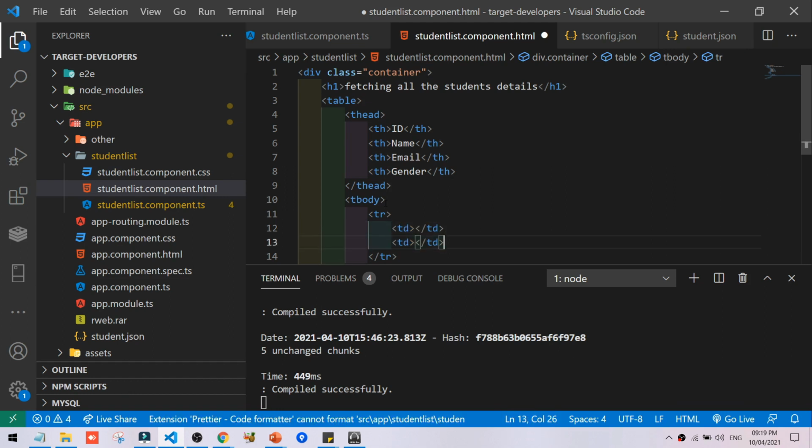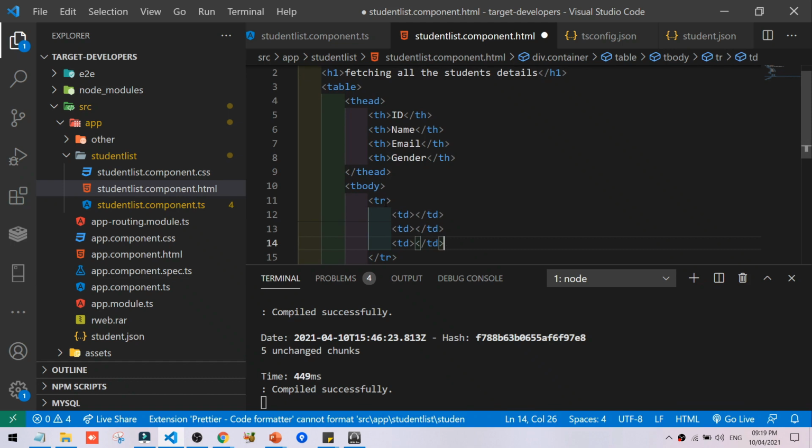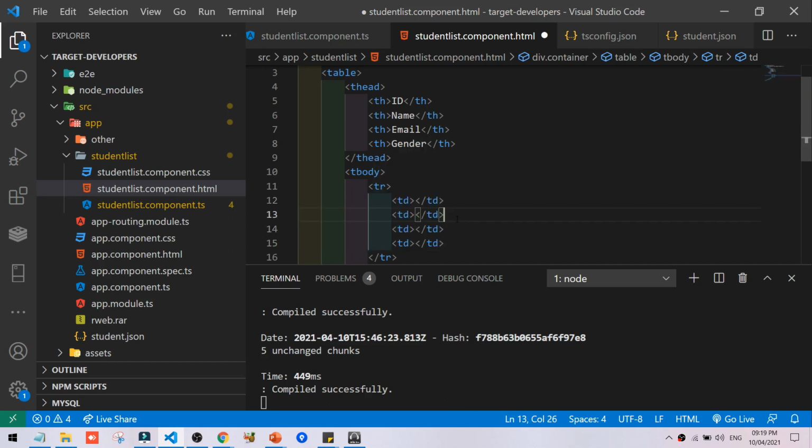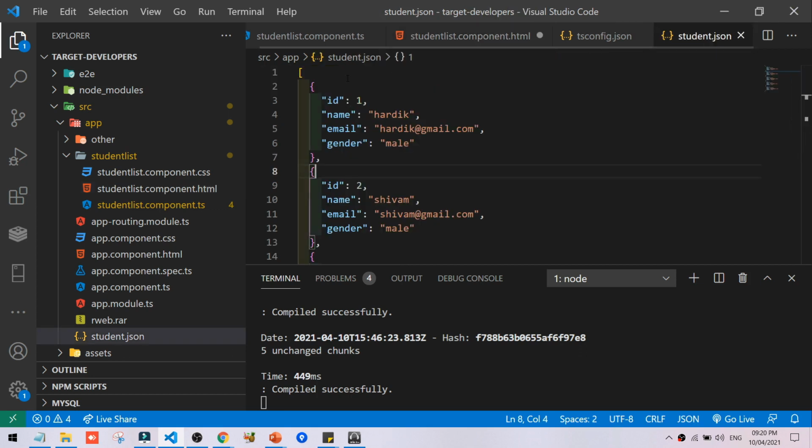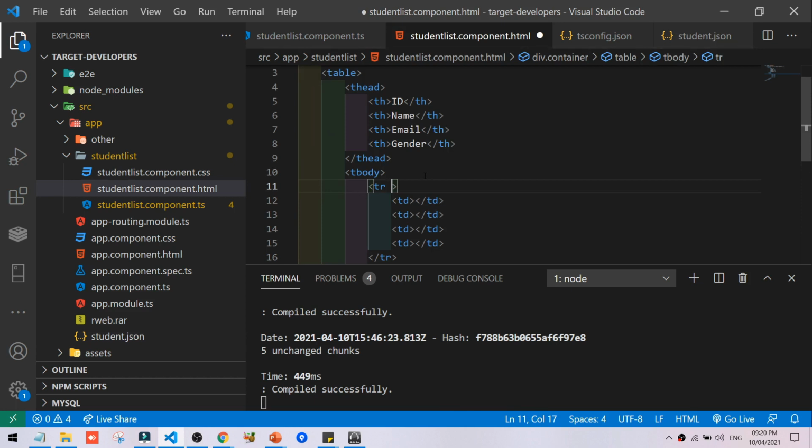So we have declared four columns here, guys, inside the first row. Now we are using the ngFor directive for iterating the students array. We have created the students array here. Now ngFor will iterate every object, first, second, and we will fetch each object with the help of ngFor.